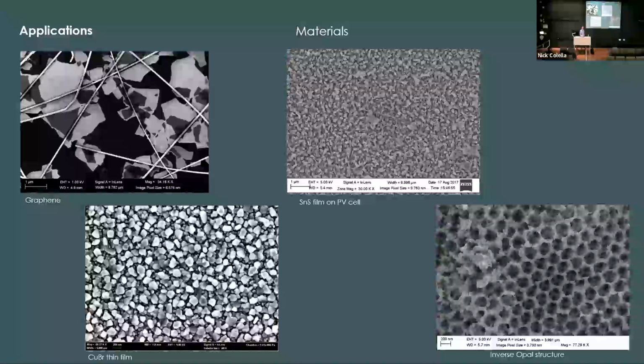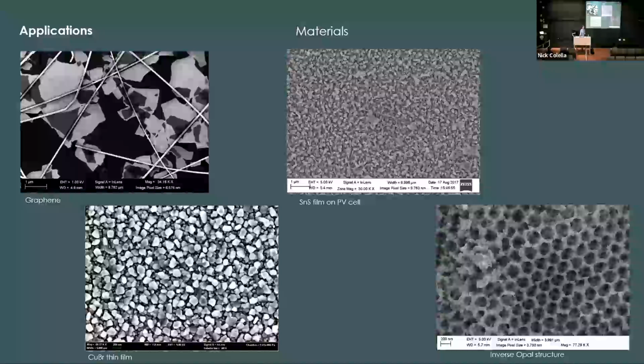So we have 6 SEMs within the CNS universe. Again, I'll go into specifics of that later. But with hundreds of users, because SEM is such a useful imaging technique and analytical technique for people from a wide range of fields across Harvard and other universities in the area as well.